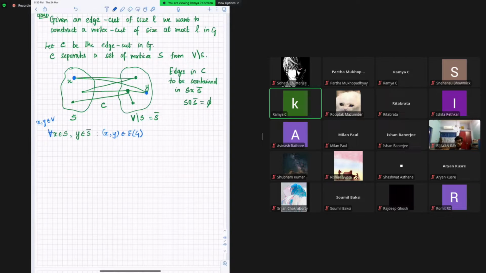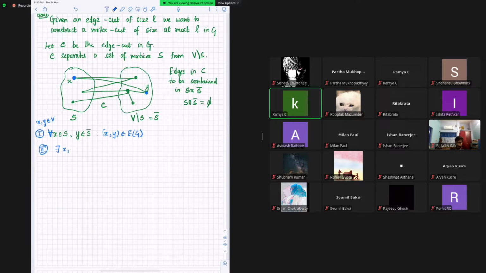You picked an arbitrary edge cut, but somehow this cut was so nice that if you looked at the way it partitioned the vertex set, there was always an edge that crossed this cut. One endpoint was in S and the other endpoint was in S complement, and these two were adjacent in the original graph. Or if this does not occur,